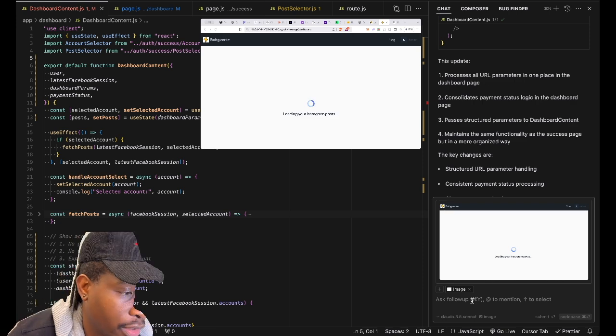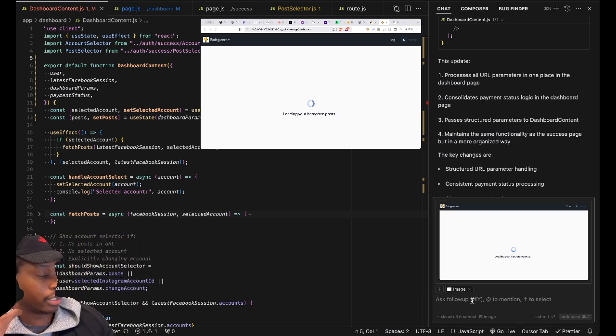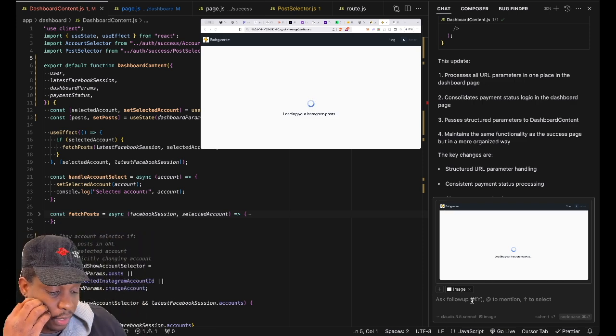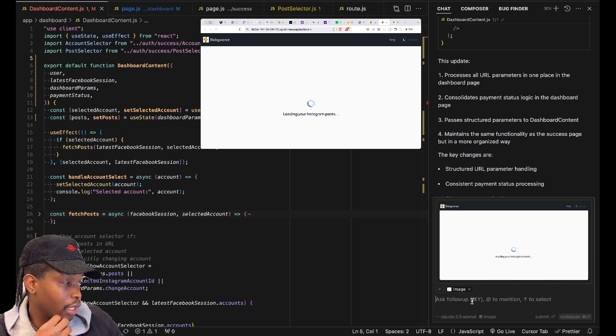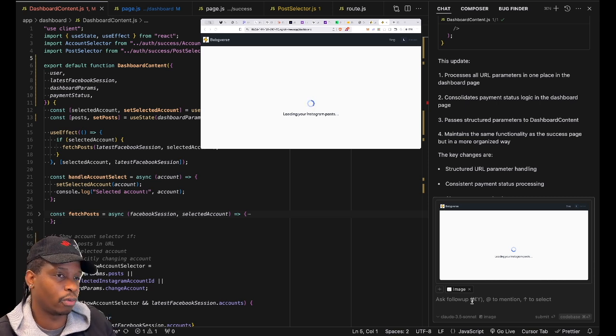So again, it's essentially the same thing as if you were using Claude or ChatGPT or other tools like that, where you can upload an image and talk with that LLM using the image. So it's a cool thing. If you've done any kind of debugging, you know that sometimes it's hard to type things out or you don't really want to. A screenshot would just be much easier. So, and then you say, hey,